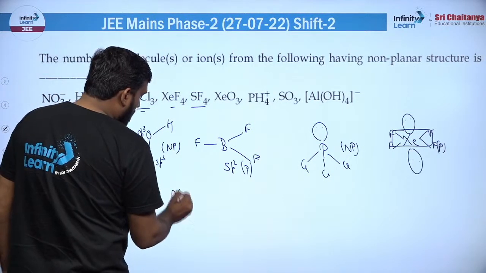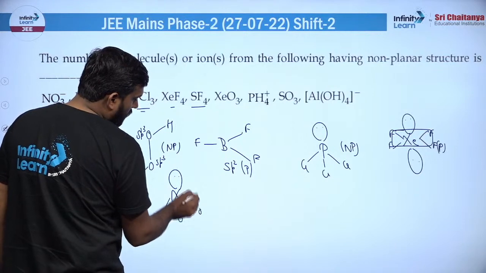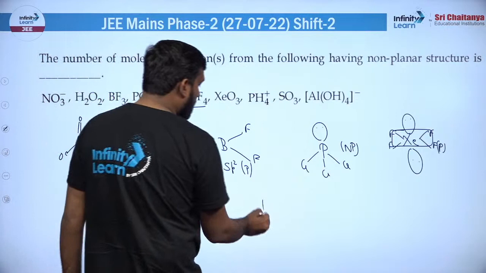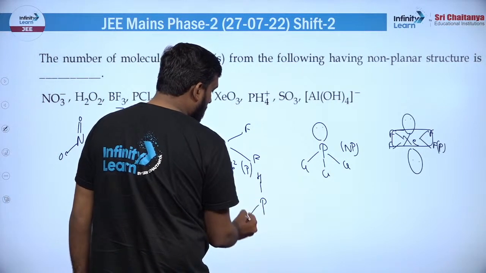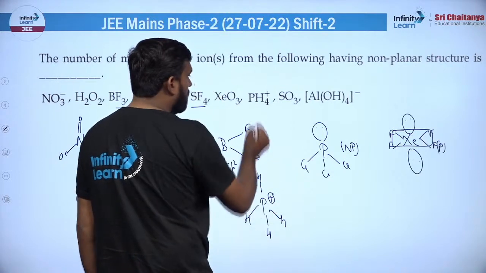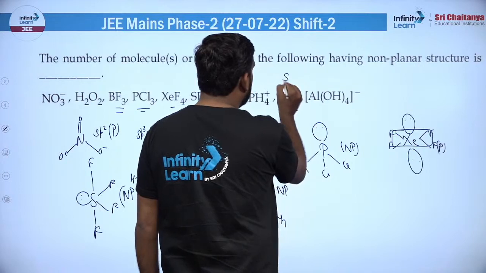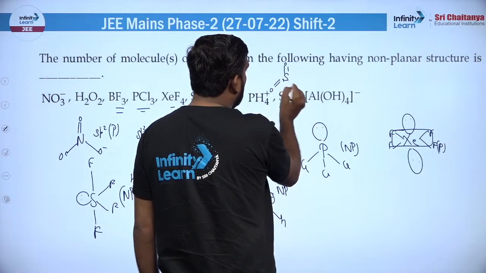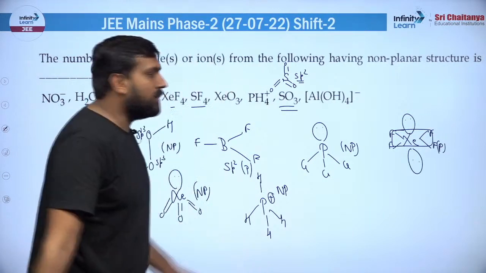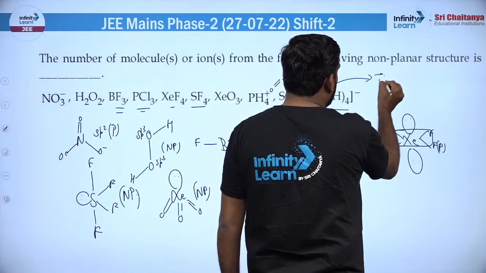XeO3 पिरामिडल होगा। Xe डबल बॉन्ड O, डबल बॉन्ड O, डबल बॉन्ड O, तो ये भी नॉन प्लेनर ही है। PH4+ टेट्राहेड्रल होगा NH4+ की तरह, चारों जगह H आएगा, यहाँ पॉजिटिव चार्ज, तो ये भी नॉन प्लेनर है। SO3 प्लेनर होगा, S डबल बॉन्ड O, डबल बॉन्ड O, डबल बॉन्ड O, sp2 होता है इसका। ये आपका टेट्राहेड्रल होगा।